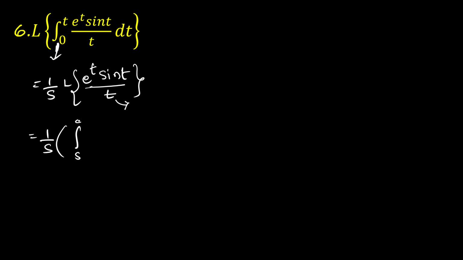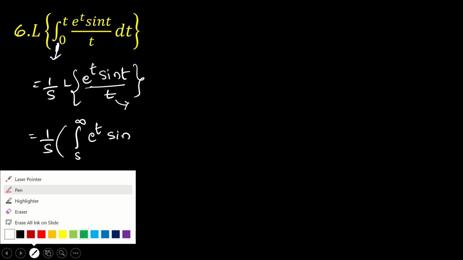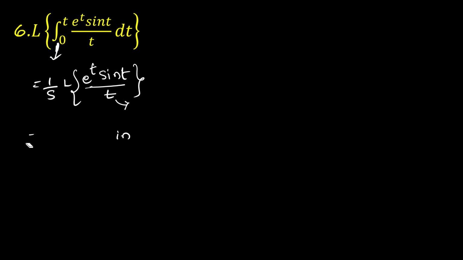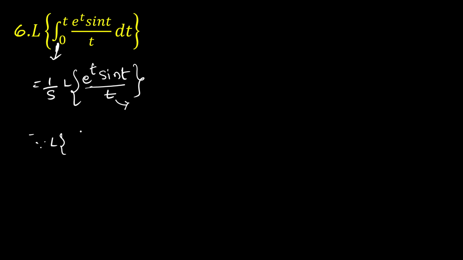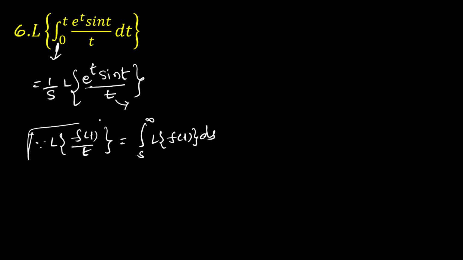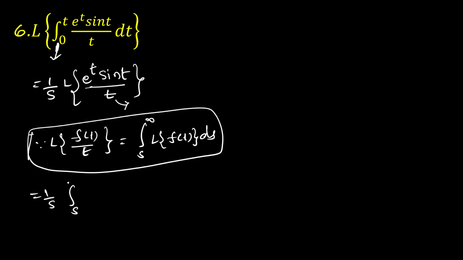Integral s to infinity, here e to the power of t into sin t. Sorry, now I'm writing the formula again here. Division by t formula: L of f of t by t is equal to integral s to infinity L of the numerator f of t into ds. Okay. Now 1 by s of integral s to infinity Laplace transform of the numerator e power